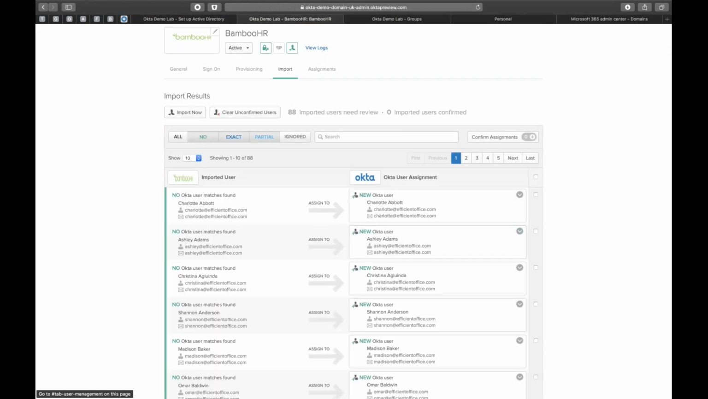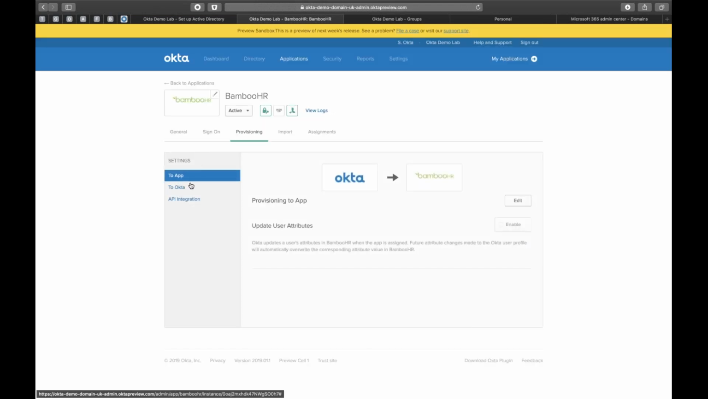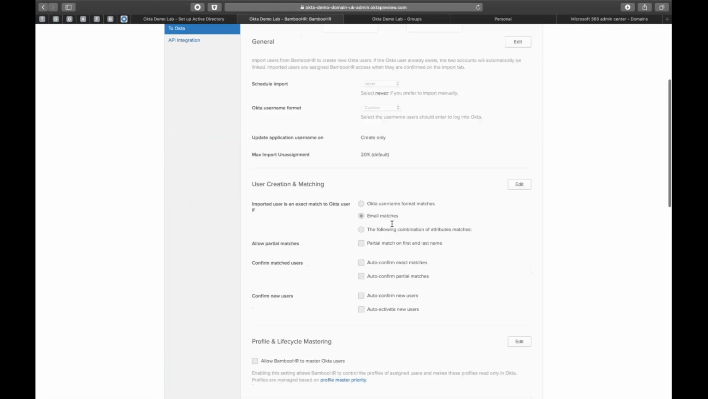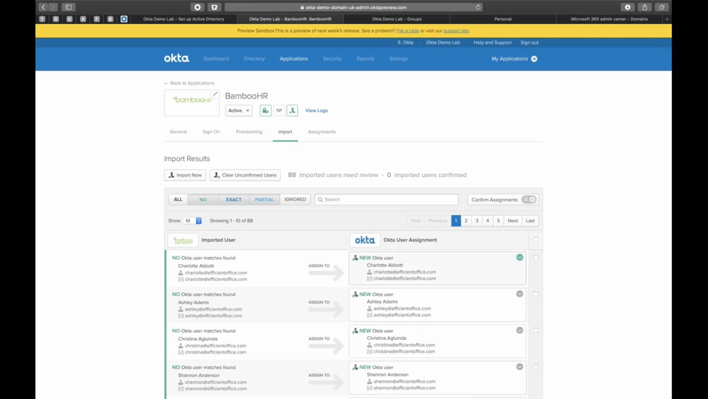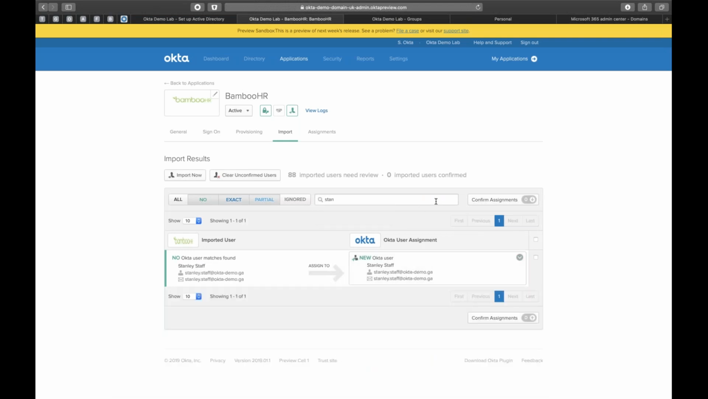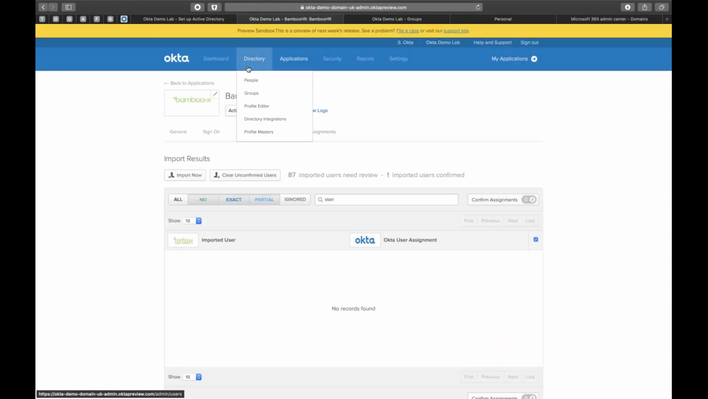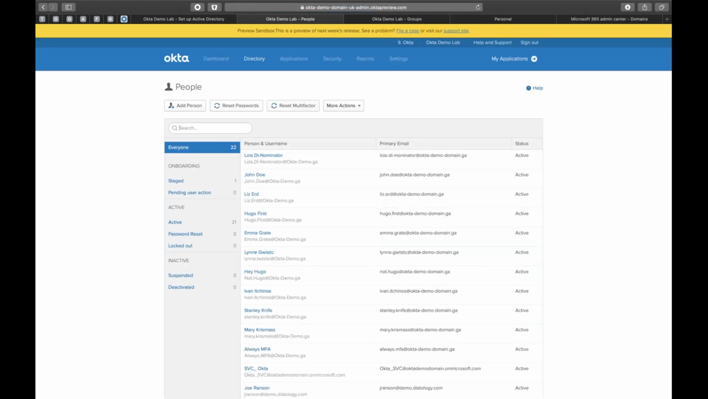Now, because inside the provisioning tab before, back over here, I've not chosen what to do with new users, whether to bring them in automatically, I've just left that unticked, which means rather than being automatically imported, they come into this sort of holding pen area here. So just to show you this concept, I'm going to import a single user manually rather than import everyone at this stage. So here I can see Stanley Staff. I could match him to an existing user, but I just want to bring him in as a new user. So I click confirm. If I now go to directory and people,